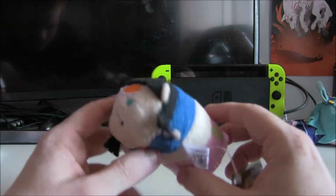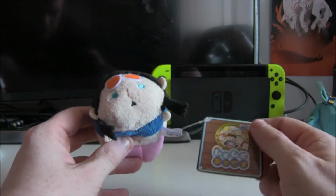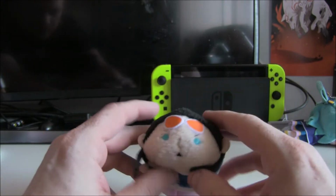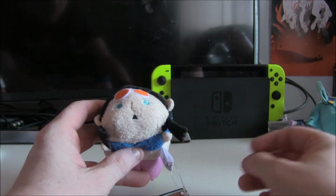Sums are everywhere in Japan, and I was happy to see they had a nice range of One Piece ones. I actually didn't pick this one up myself. My friend picked this one up from the Jump Shop. There was a pop-up Jump Shop, and they had a Nico Robin one. Thank you very much. I sent them out. I was just like, if they have anything in the Jump Shop, get me the Nico Robin, the Chopper one,